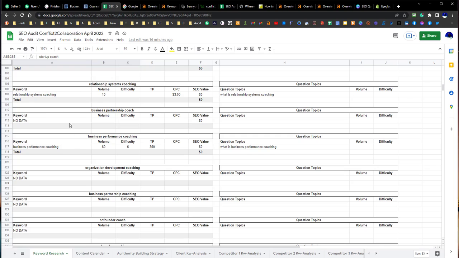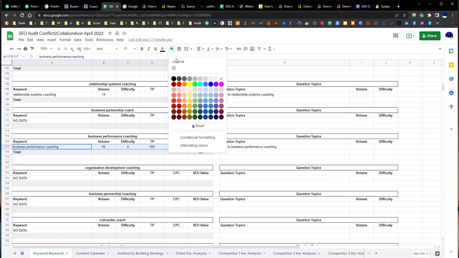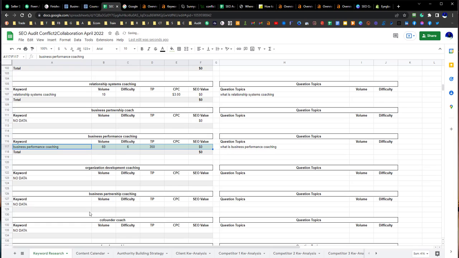Usually with words like this where we don't find any data, I would say it's good to mount a paid campaign and test these words to see if people actually search for them. Like this one right here, we did find some people searching for this. This is actually an easy word. There's 60 people a month on average, and it's a 6 keyword difficulty, meaning it's pretty easy to show up on the first page for this.